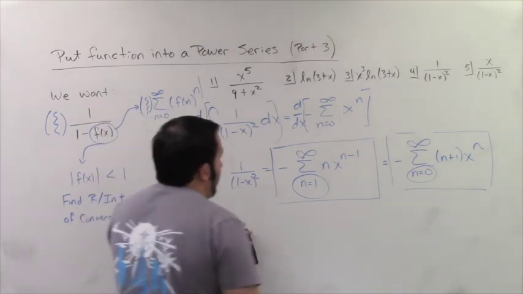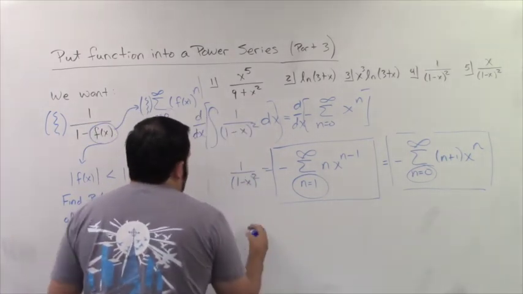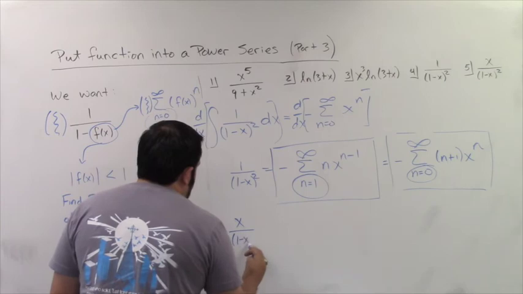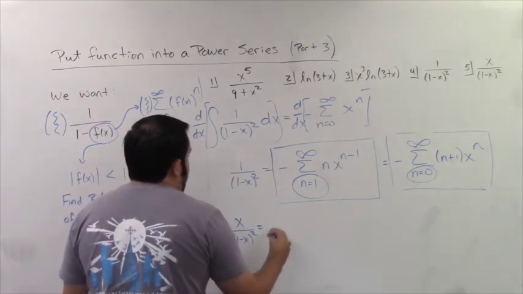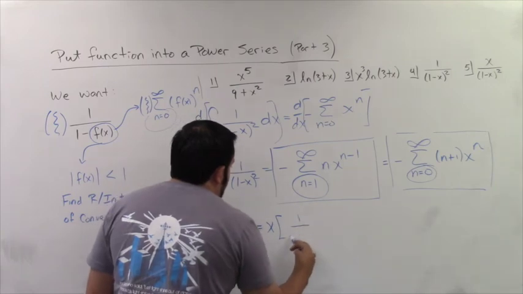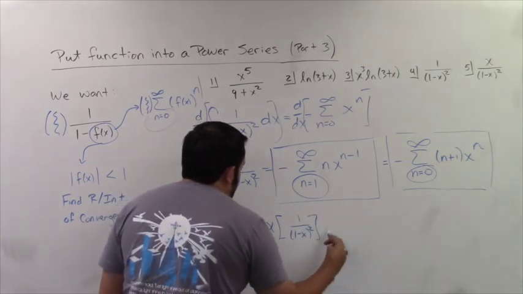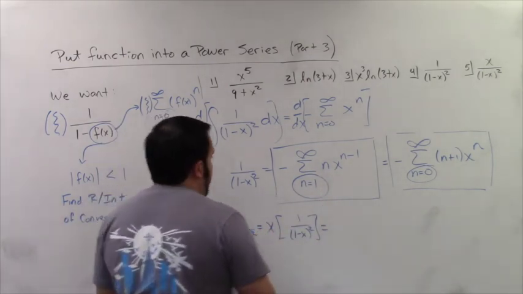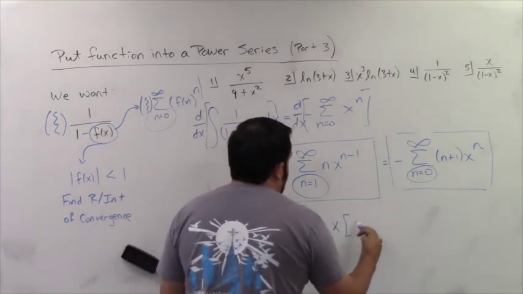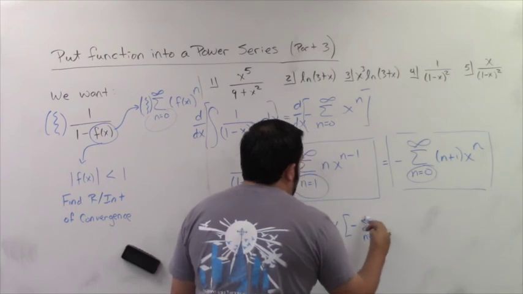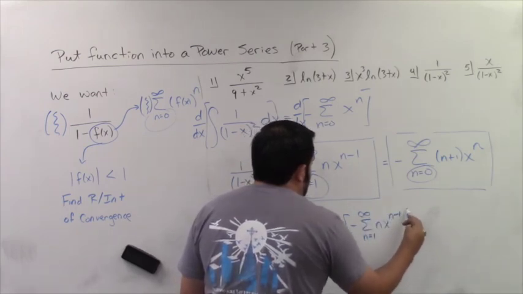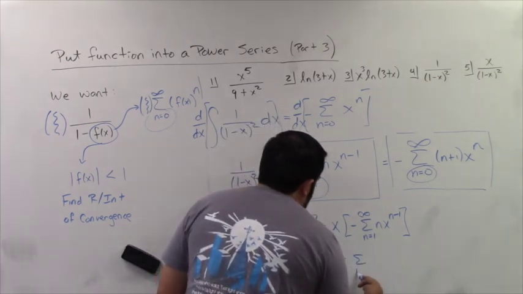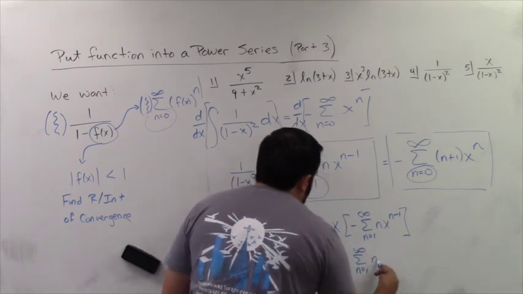And then finally for number 5, it's the exact same thing as number 3. For number 5, I have x over 1 minus x quantity squared. You're simply just going to put an x times the power series of 1 minus x quantity squared. Depending on which one you want to use, both are correct. They're both the right answer. So this can be x times, if you do it into the first one, a negative sum from 1 to infinity of n x to the n minus 1. If you distribute that x into there, your final answer will be the negative sum from 1 to infinity of n x